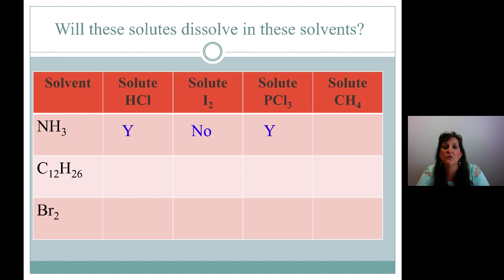Finally, we have the solute CH4. We would have to bubble that in. It's methane gas, a greenhouse gas actually, that's making our planet get warmer. So we need to be careful with our methane gas and not put too much of it in the atmosphere. Anyway, CH4 is nothing but CH bonds. What do we know about CH bonds? Are they polar or non-polar? CH bonds are non-polar. So CH4 is a non-polar compound because all it has is CH bonds. You can't create polar from non-polar bonds. So non-polar solute, will that mix with the polar NH3 solvent? No, that won't mix. Polar and non-polar don't mix. That's a big fat no.